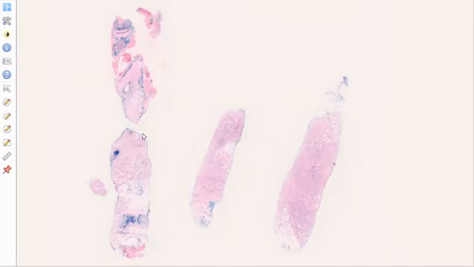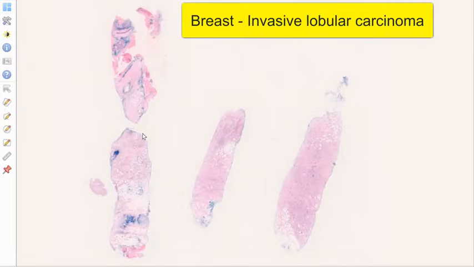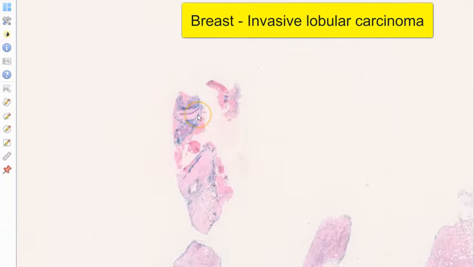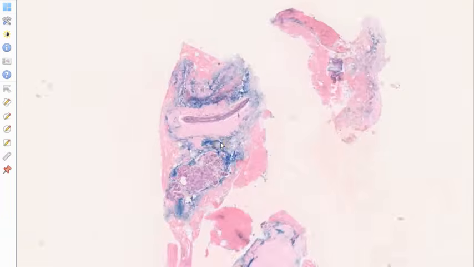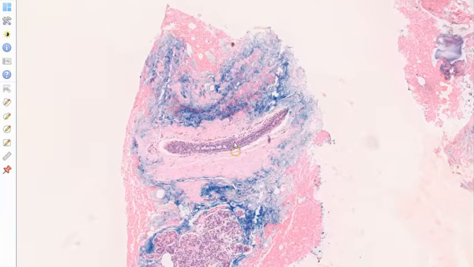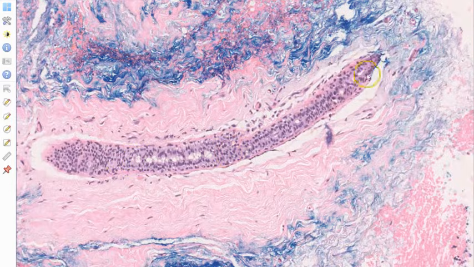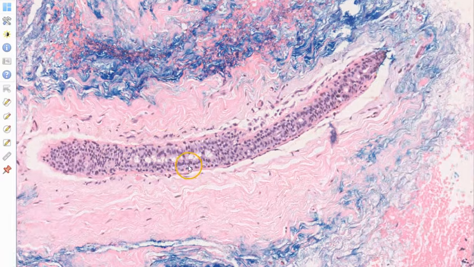Hello, this is a virtual microscopy slide of invasive lobular carcinoma of the breast. We can see here that this is a core biopsy with several tissue cores. Let's zoom into the normal area first. We can see that there is a duct here that is benign, and we can still make out the bilayered